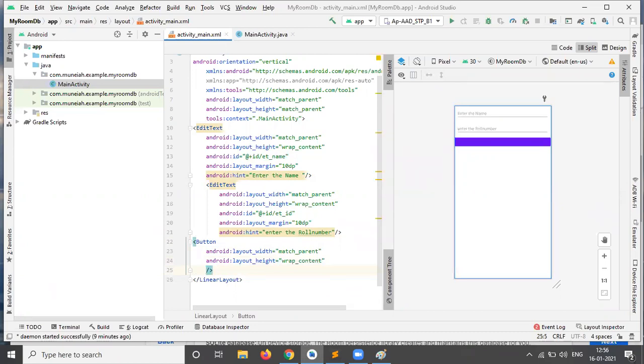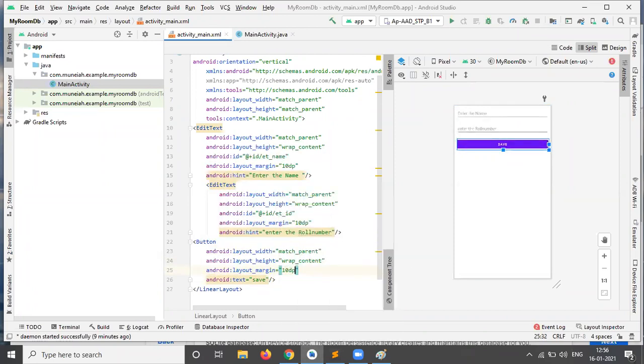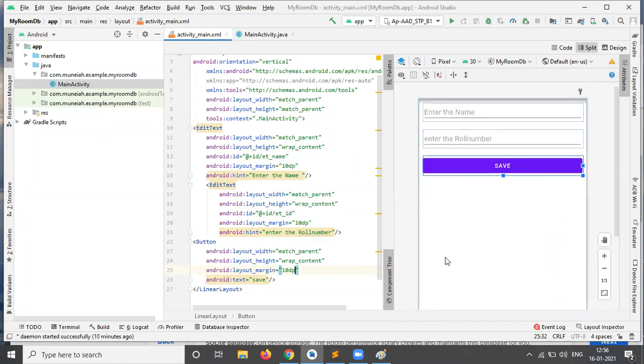The text is save. And also add the margin of 10 dp. It looks very beautiful. My screen looks very beautiful.